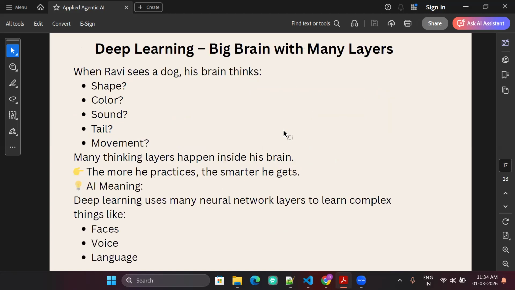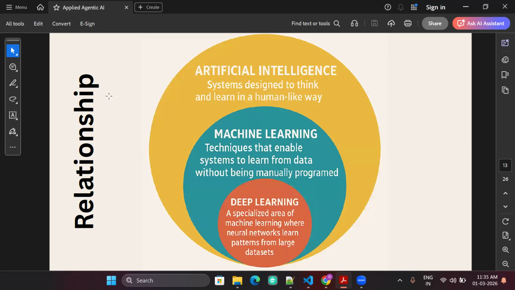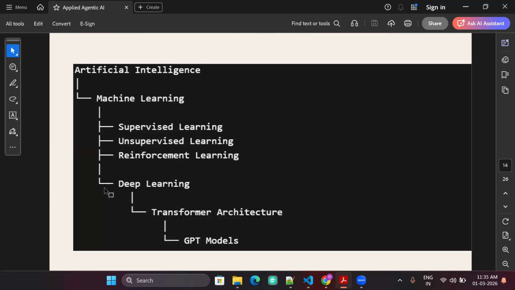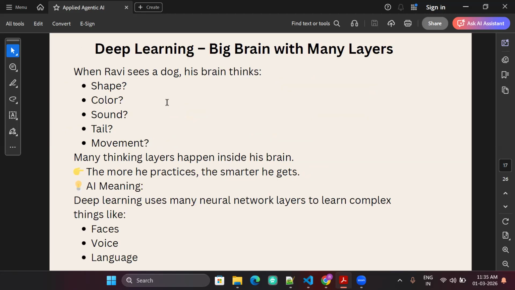And now deep learning is a little bit the next level. So as I said, I showed this box. So you have artificial intelligence and machine learning. In this machine learning, you have supervised, unsupervised learning, and then deep learning. So you see, now we are here, deep learning. So deep learning is slightly higher, let's say, dimension of learning.